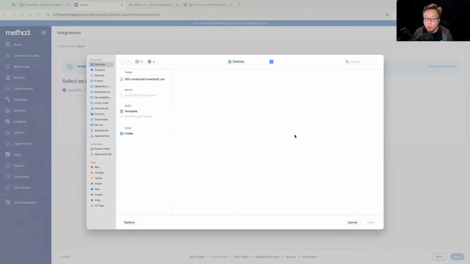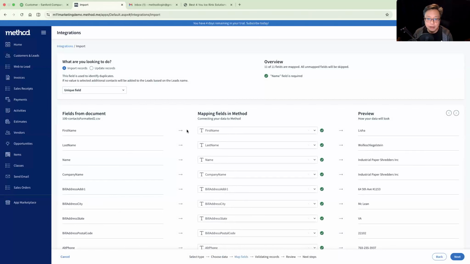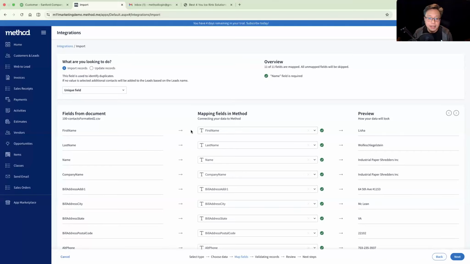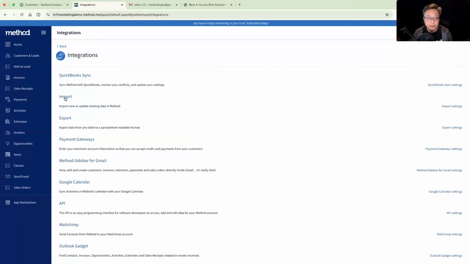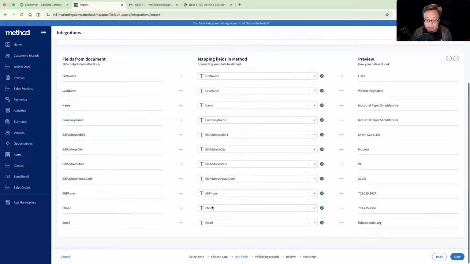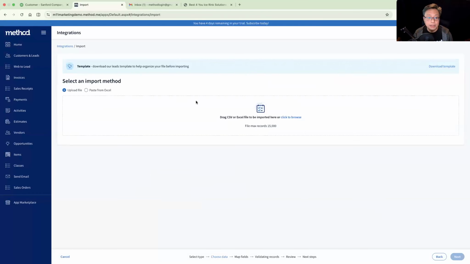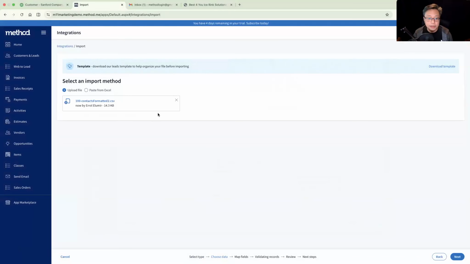Let's go and I'm going to quickly go through this because, if I started to explain everything about import, it could go on forever. And I'm just going to quickly show you that I can import here. The CSV file that I used is one that I've already created ahead of time. It will show you all the different fields. And I would highly recommend that if you are importing, let me go back. Sorry. Let's see if I can figure out how to go back. We do have some templates here that you can look at and try to make your imports similar to that. Anyway, let me go back into here. Let's go find that thing. And we have our import.